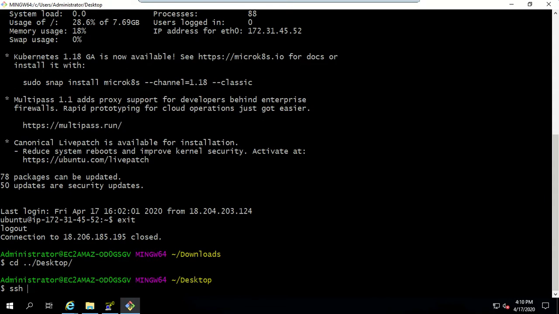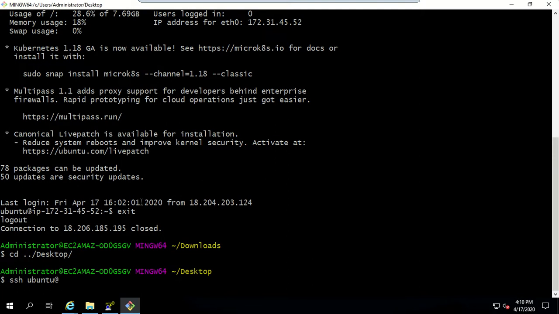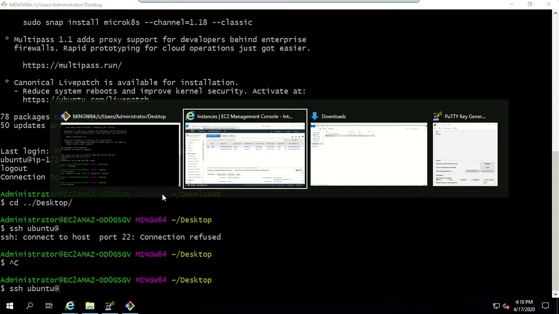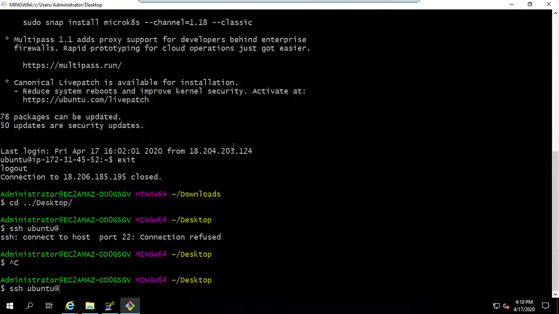So for example, ubuntu at the IP address, -i, and my PEM file is present in my downloads location, and my PEM file name is linux hyphen.